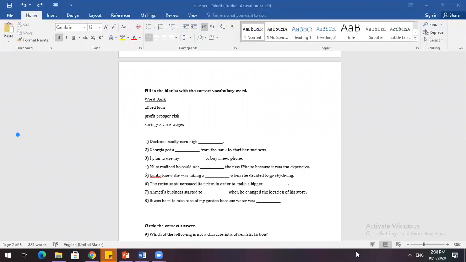The restaurant increased its prices in order to make a bigger profit. So the money that is left over after all of the restaurant's costs have been paid. Okay, Ahmed's business started to blank. Prosper. So it started to do really well when he changed the location of his store. So maybe he is in a busy area now, and that's why many people are coming to his store. It was hard to take care of my garden because water was